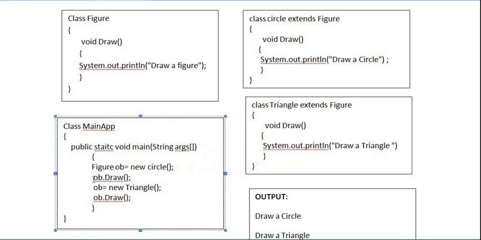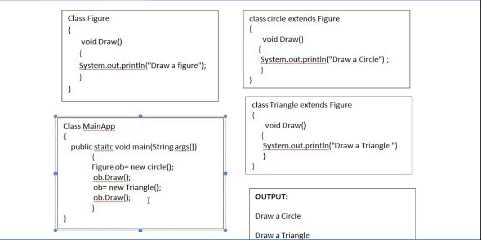Different tasks means this will display draw a circle, this will display draw a triangle. If you create hundreds of objects of different classes of different figures and store those objects in the Figure class object and call those methods at runtime, based on which type of object you stored in the base class reference, it will execute that method.